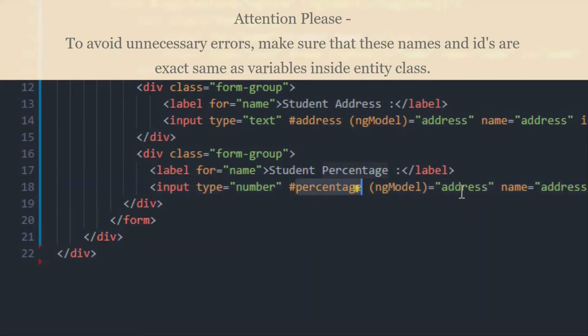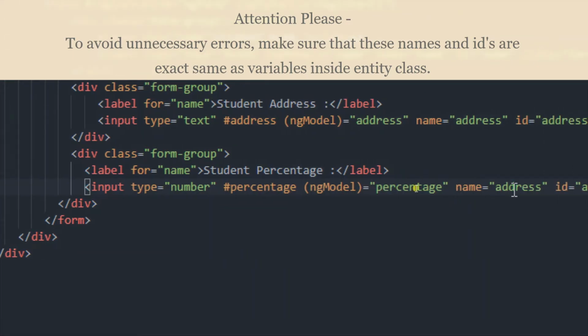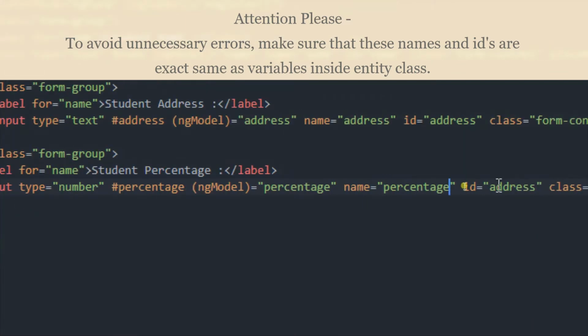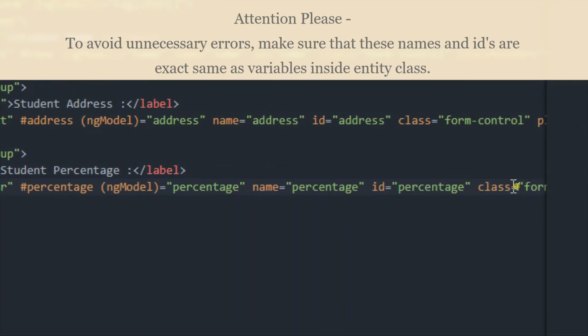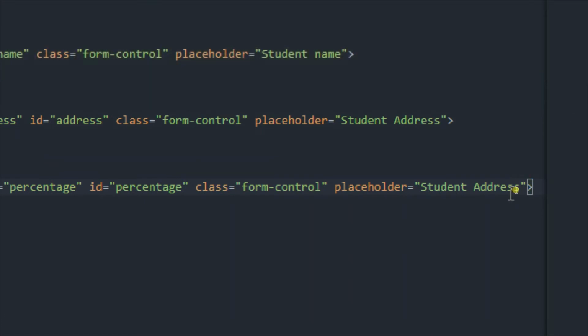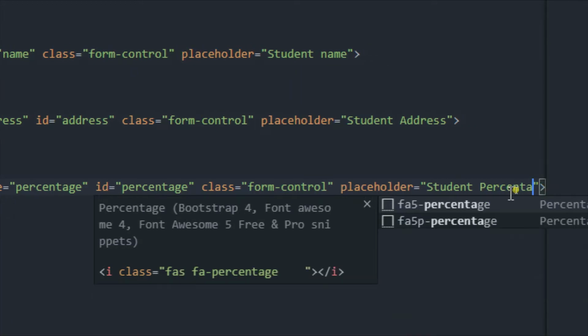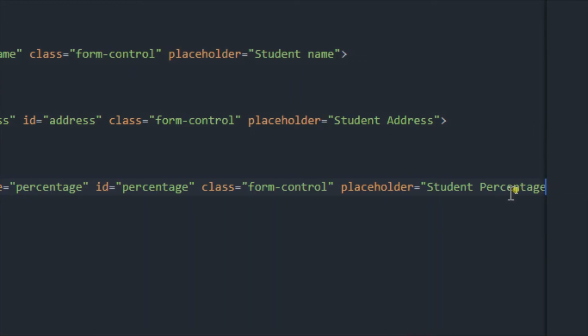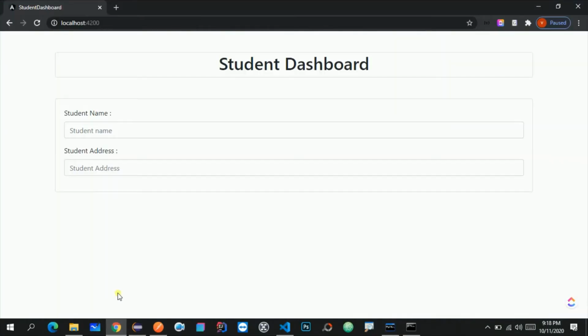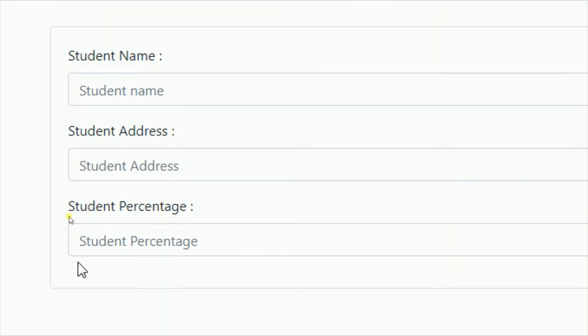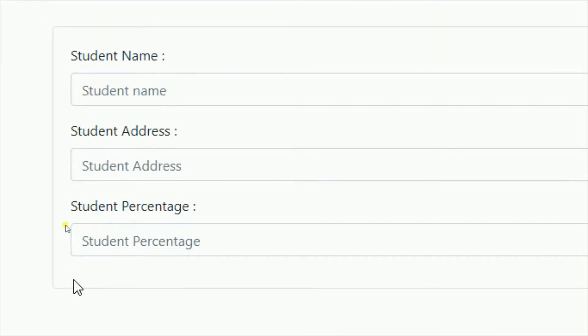ngModel will be percentage again, name of this field will be percentage again, and id of this will be percentage again, and class will be the same, and placeholder will be student percentage, like this. Now let me save this file, go to the browser again, and show you how it is looking. Now we have all these three fields, and over here we need one button at the end,